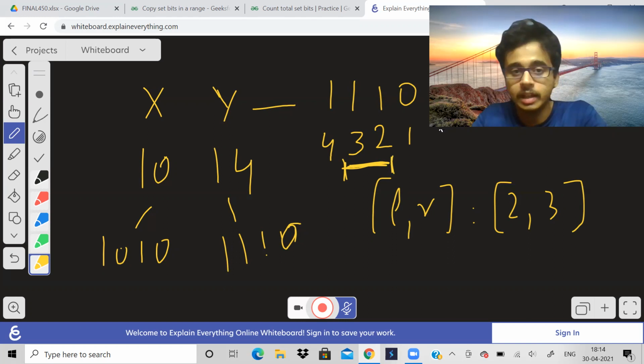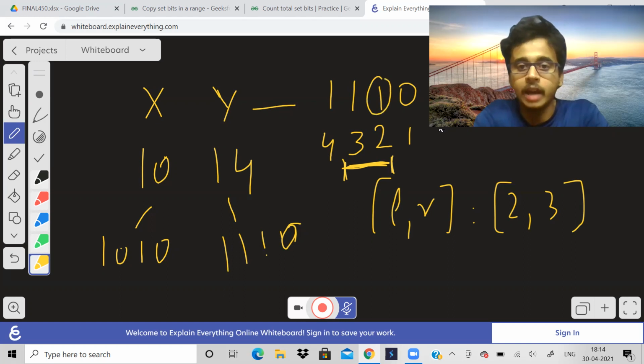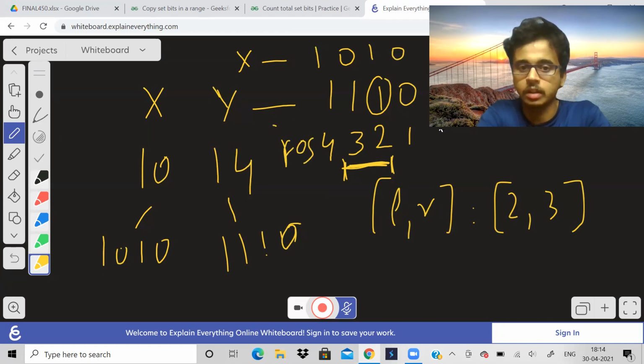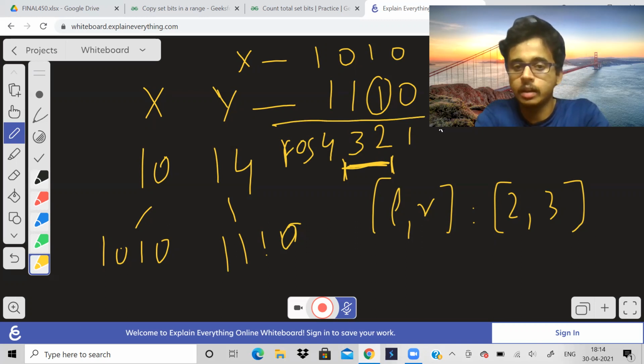Now we have to check in this range between these two positions. We have to check if a bit is set. Yes, this bit is set, and we have to set the corresponding bit in x also to 1. So if I write x on top, let me write x over here as 1 0 1 0. See, this is the position. Position 2, at position 2, the bit in y is set. So we have to set, and x also is already set. So okay, we have to do nothing.